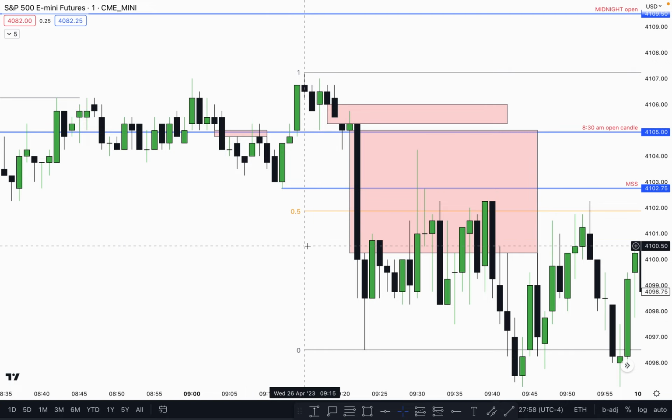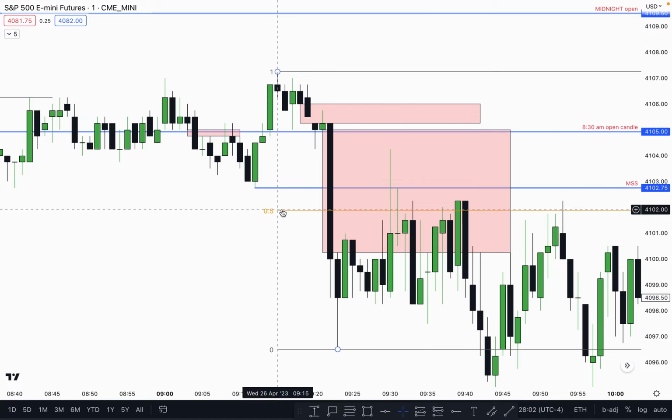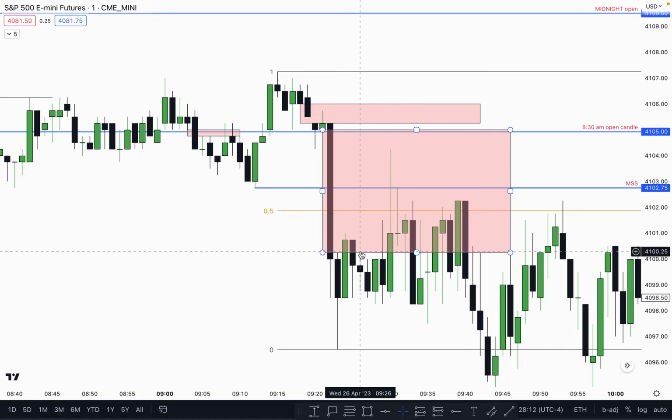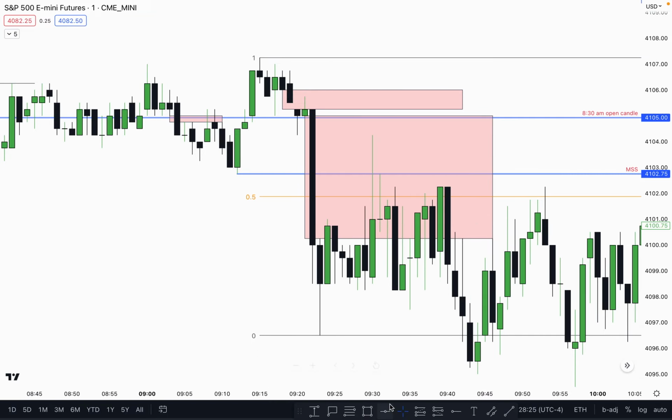what you can do is wait until the price enters above this 50%. So this is discount, this is premium, this is the equilibrium. We want the price to go a little bit inside the premium side. This is where we would like to sell. So if you cannot weather entering from here, you can enter anywhere above the 50. So when did it go above the 50? Around here. So you could have entered here. You saved some ticks. Your stop loss would have been smaller, and then boom,